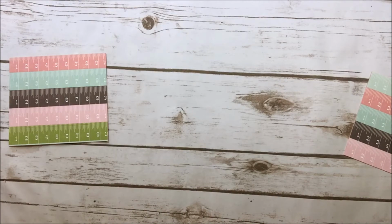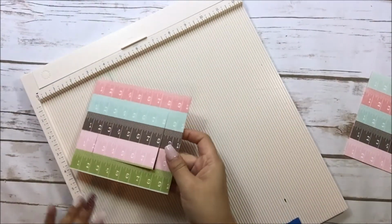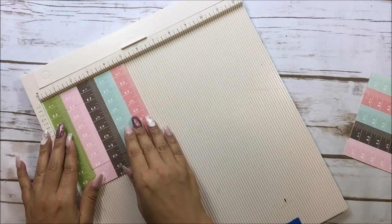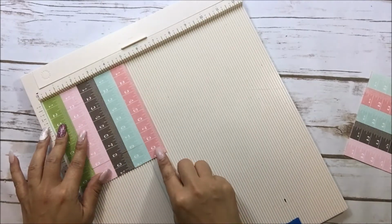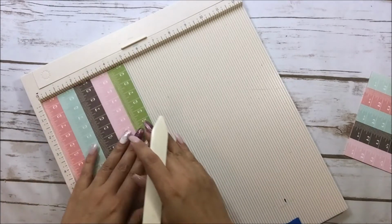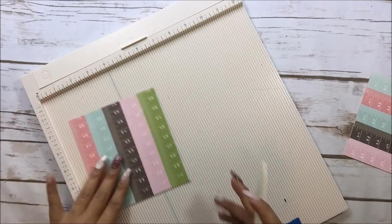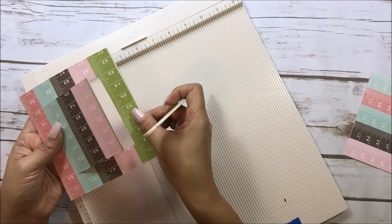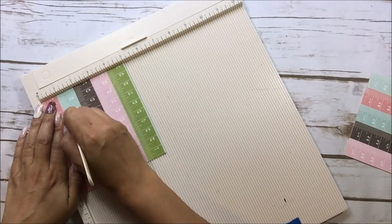So now you need your scoreboard. And with your scoreboard, you're going to place your piece of 5.5 by 5 inch paper on the 5 inch side, and you're going to score, I'm sorry, let's rotate it like this. You're going to score at 1 inch and 2.5 inches. So my flap is opening up this way. So I'm going to score right here at 1 inch,